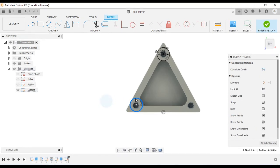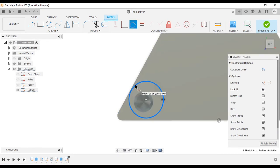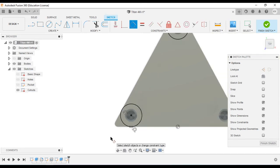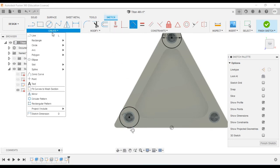Then we can use the tangent constraint to make the circle tangent to the sides. Click there, click there, click there, and click there, and you get the circle centered on the corner tangent. The other way to do it is just to create a circle tangent from the beginning and doing a 2